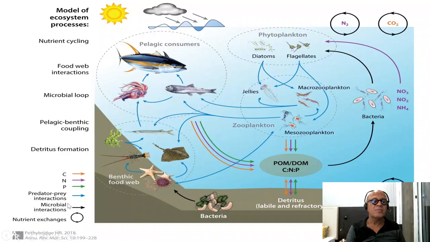Okay, so there are predator-prey interactions which can be very nonlinear and produce nonlinear solutions, microbial interactions, and nutrient exchanges. And you have various ecosystems. You have upwelling zones, you have the warm water zones where you have certain types of tuna, you have the subtropical gyre regions where you have a certain ecosystem, you have coral ecosystems, you have coastal ecosystems, and so on.